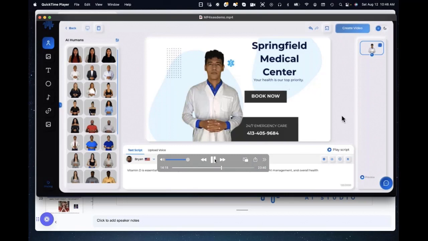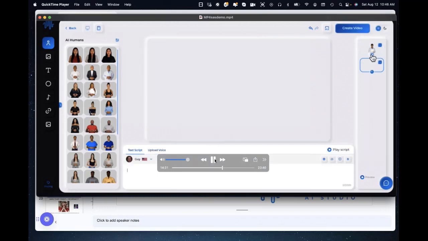Okay, now that we made our changes, we want to go to the next slide. So we're going to save this. Project is now created. And to create another slide, we just click the plus button under the original one that's on the right-hand side. At this time, we could have a completely different scene.